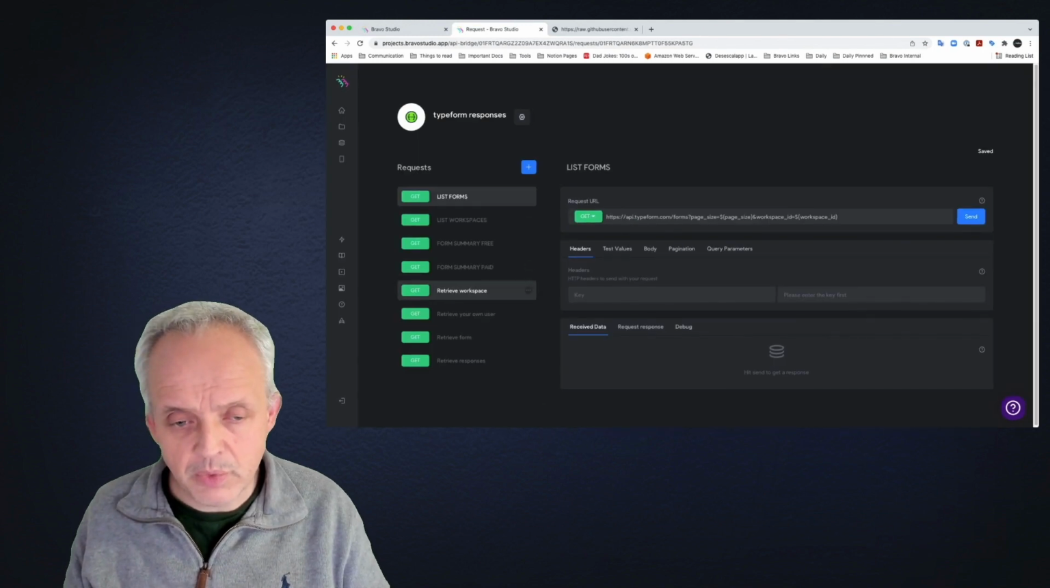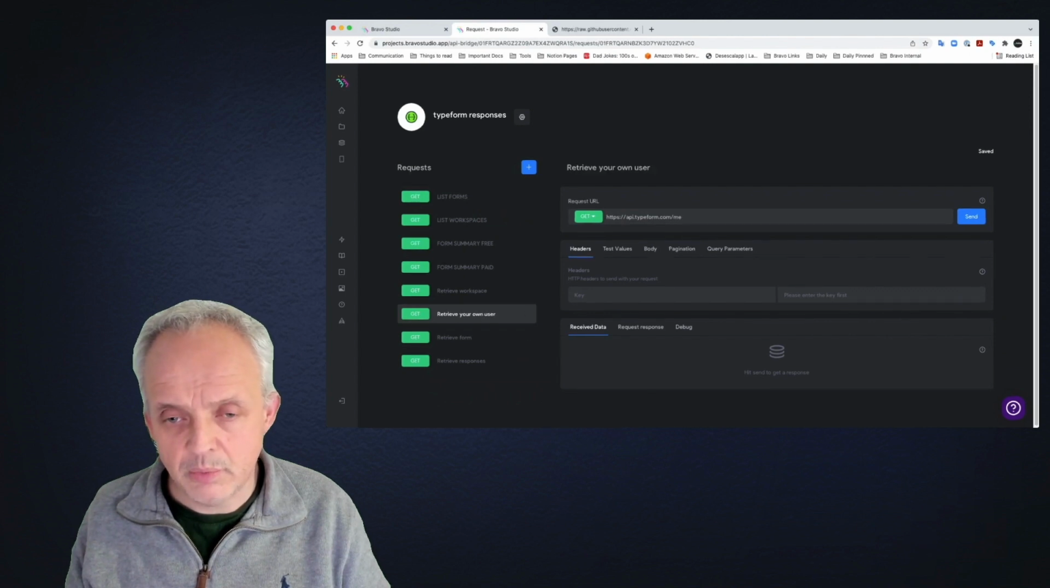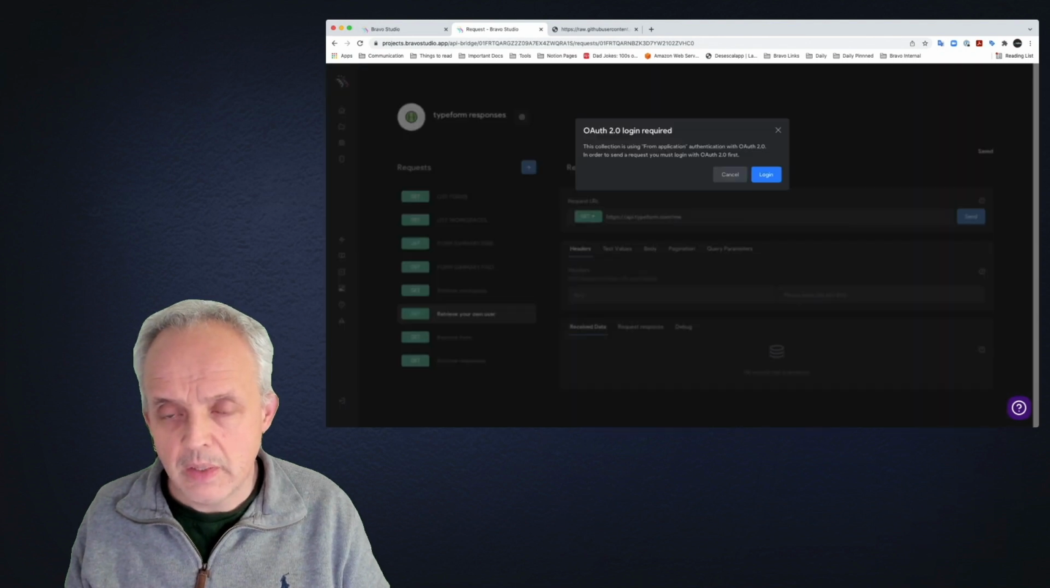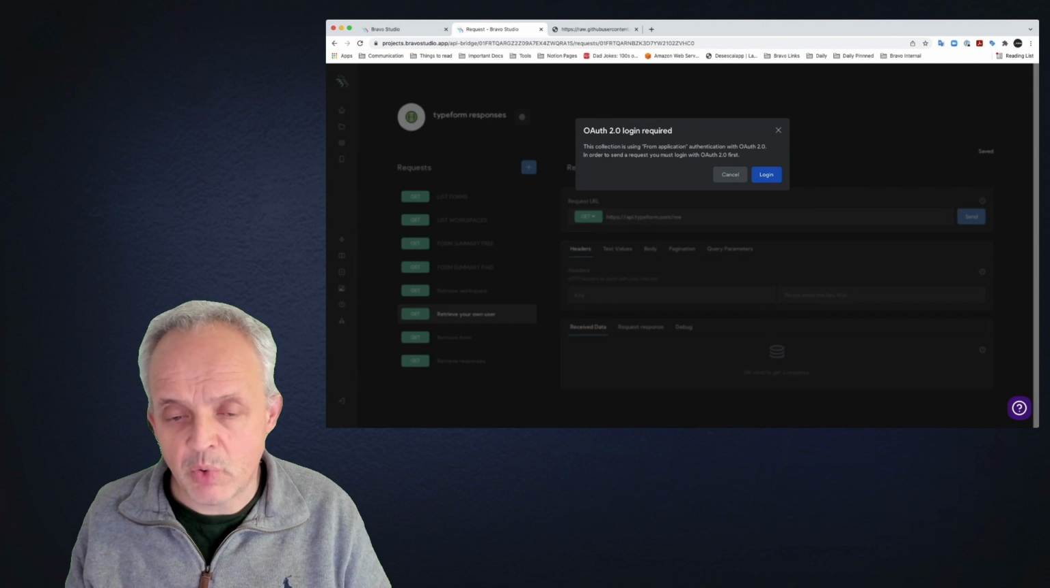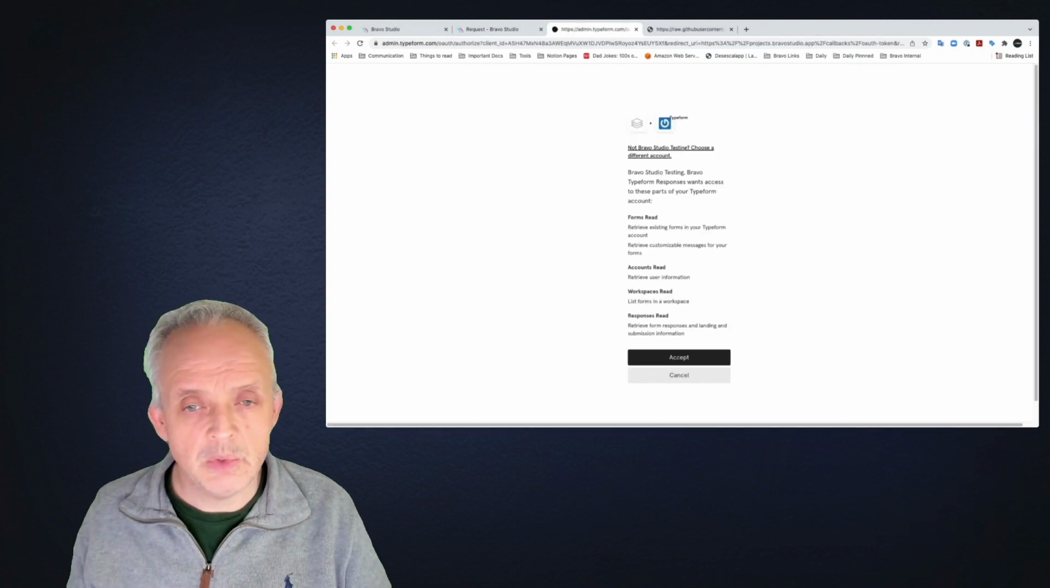Now, if we wanted to test this, let's just use this retrieve your own user API call, which just gets the details of the logged in user, and send that. Now it's asking me to log in. By logging in, I will be able to get the token set up so I can then check all the other API requests we've just imported. So we do log in,